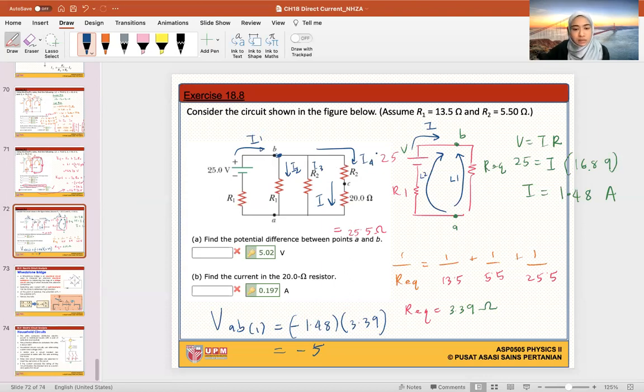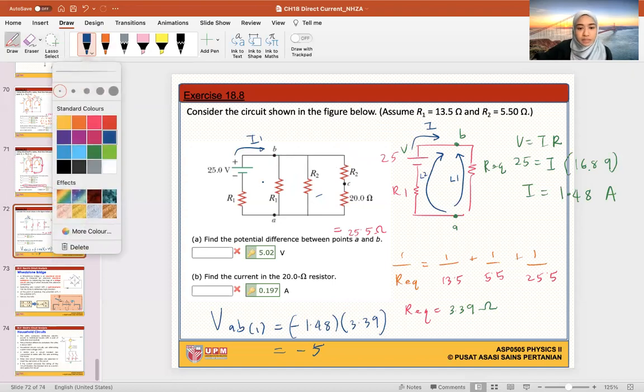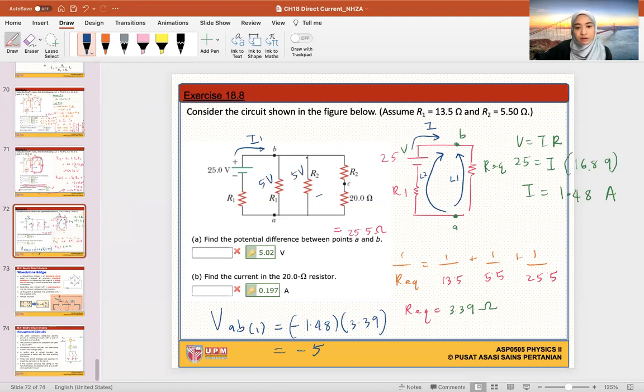For a parallel circuit, the I's are not the same, but the V's are the same. The V's are the same, but the I is not the same, right? So we already know the V from point A to point B, which is 5. Let's follow the question first. I will look again later at why it is negative. So from point A to point B is 5 volts. This guy should be 5 volts as well. This guy should be 5 volts as well, right? So if I wanted to know the current flowing through the 20 ohm resistor, I should divide